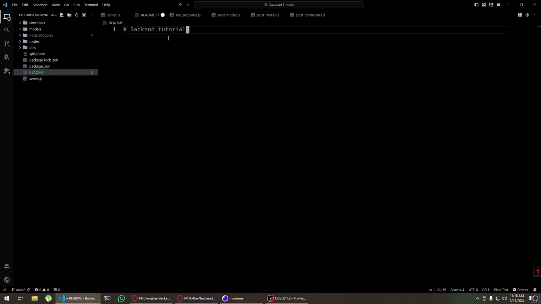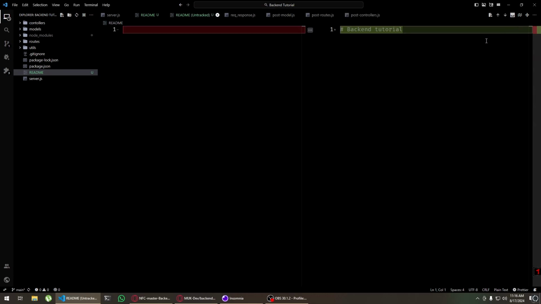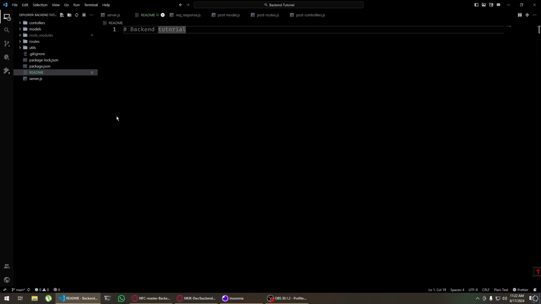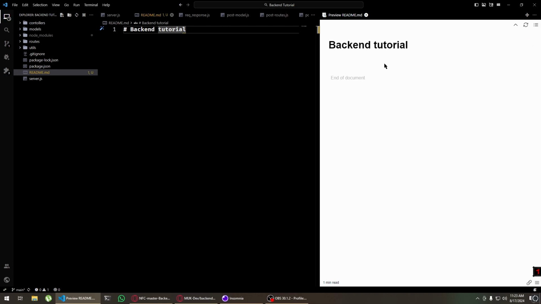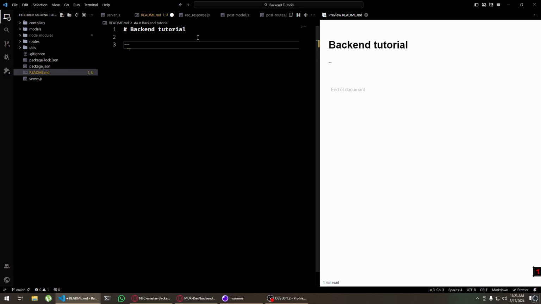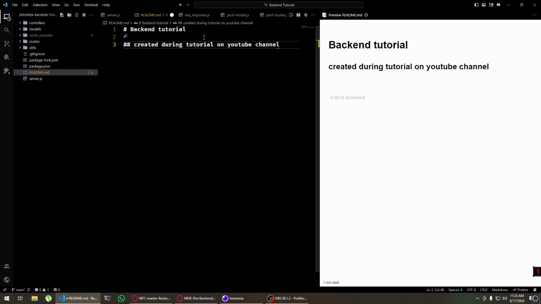backend tutorial here, now if I check, actually, this was a very stupid mistake by me. This is actually readme.md. Only this way will VS Code know that this is a markdown file. So this was a mistake on my part. So now we don't need any other extension for this. We can just directly press this icon here, and it will show us a preview of the markdown file we have here. So I'm gonna type this, and if I save this file, as you can see, we have a new change